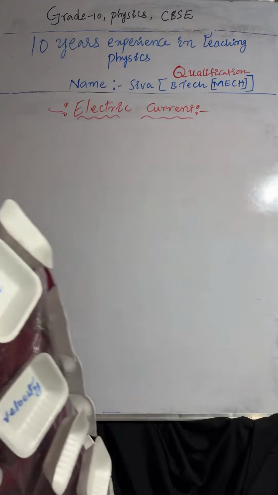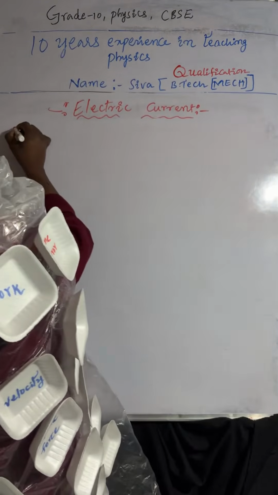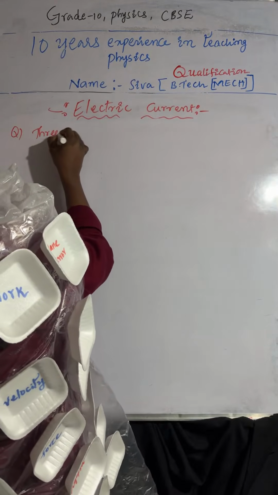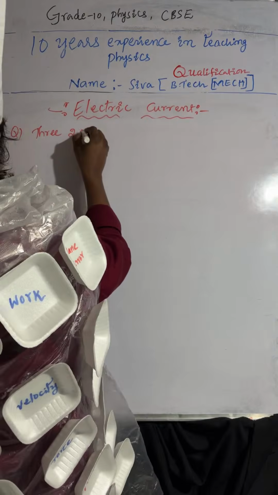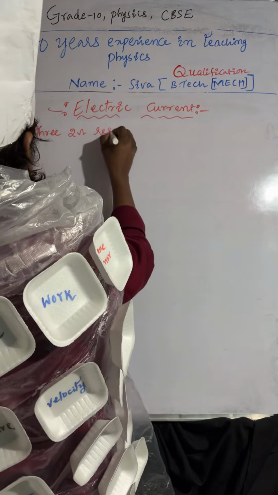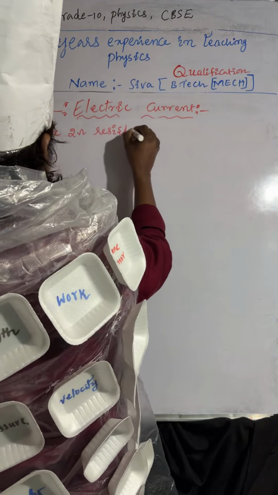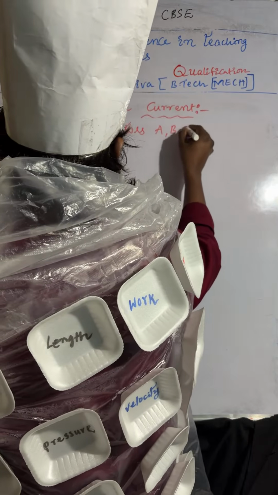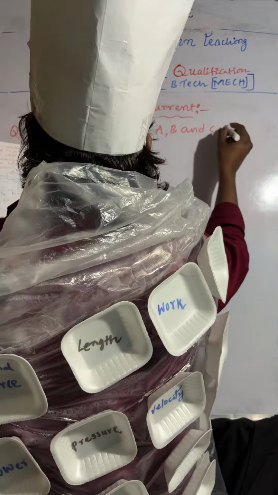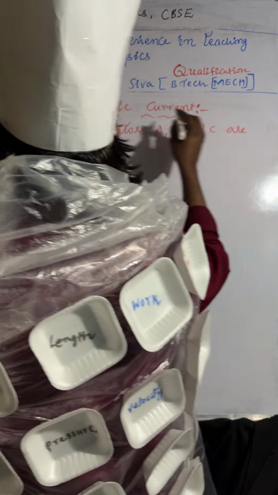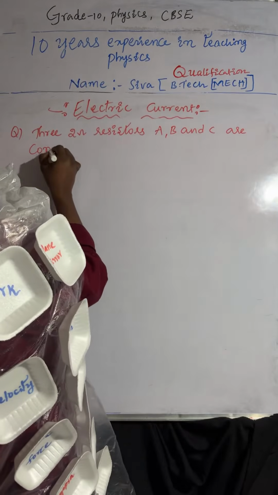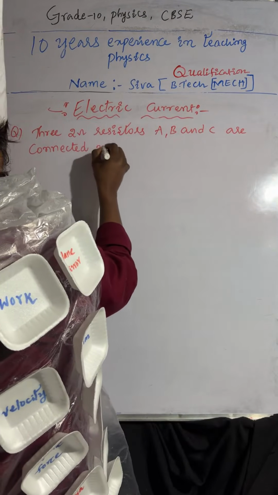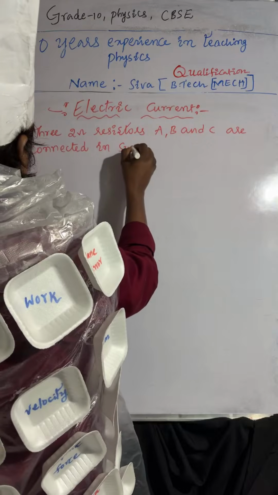So, three 2 ohm resistors, A, B and C, are connected in series combination, connected in such a way